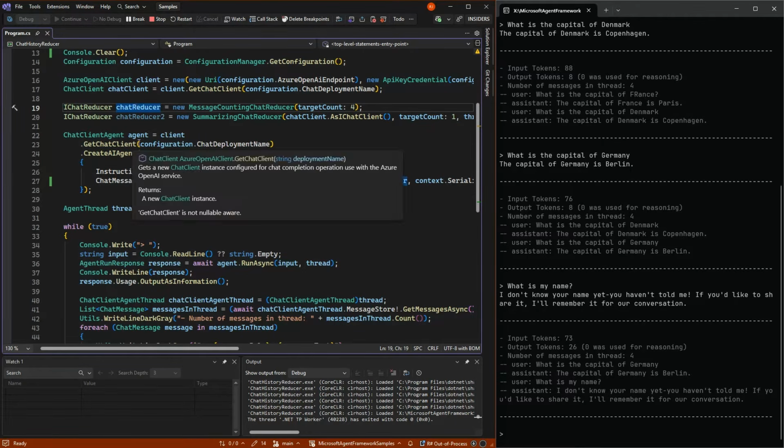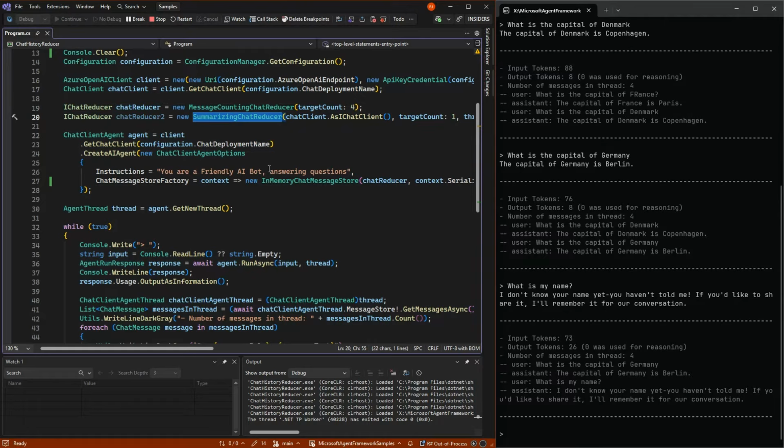Another chat reducer is the summarization chat reducer. So I switch to that down here. We can see that the chat reducer actually requires an IChatClient, which is the Microsoft Extensions AI version of an AI agent.